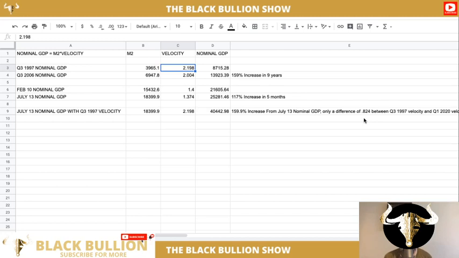Now, that is insane because 2.198 minus 1.374 is 0.824. That's all you need to get a 159.9% increase between our actual nominal GDP and this hypothetical one that we just created. Now, guys,